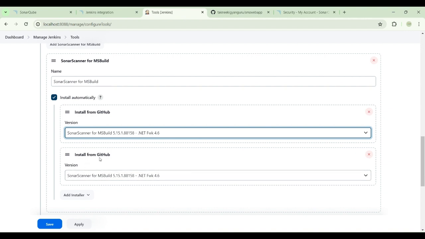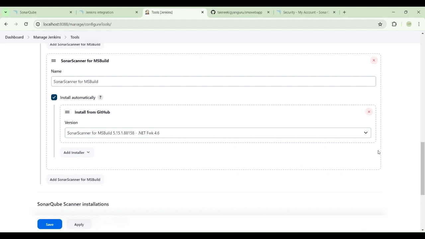Also install from GitHub the SonarQube MSBuild for .NET 6. One is enough, right? Two of the same version are not required. Remove one,